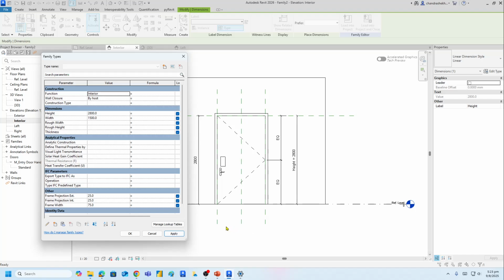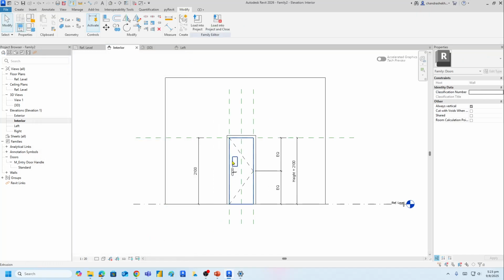So let's create three types of doors. And before we create any type of door, we need to set the dimensions back. So let's make the height as 2100 standard. We create a small door which will be like 750 mm and we click OK. So now this will be the small door, then we do a medium door and we do a larger door. So before we do that, we will save this file,